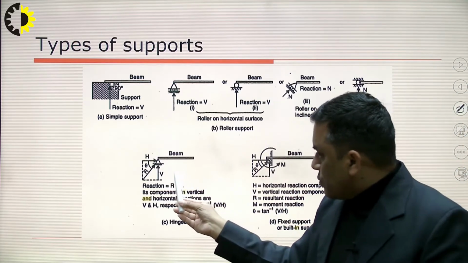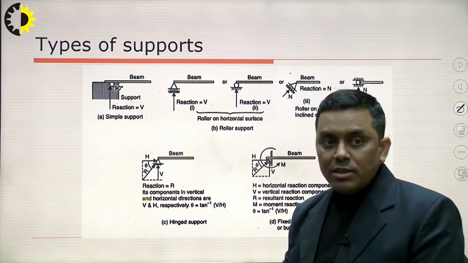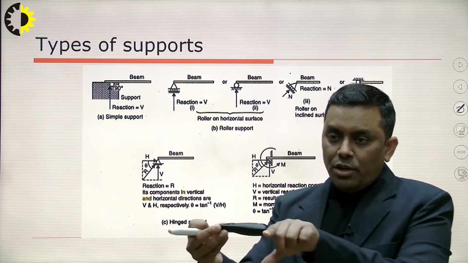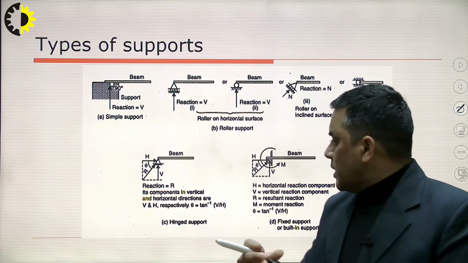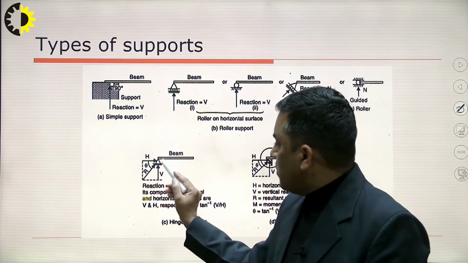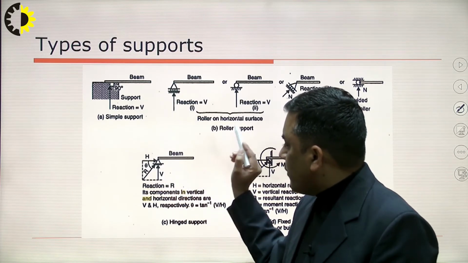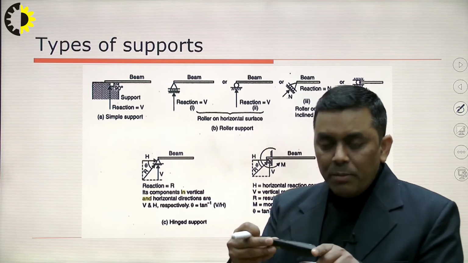Now, if I come to the hinge support, in which two directions is the motion restricted? If it is hinged, the motion is restricted in the horizontal plane and in the vertical plane. So, against these two restrictions there will be two reactions, one horizontal reaction and another vertical reaction. So, there are two reaction forces here, but the rotation is permitted.